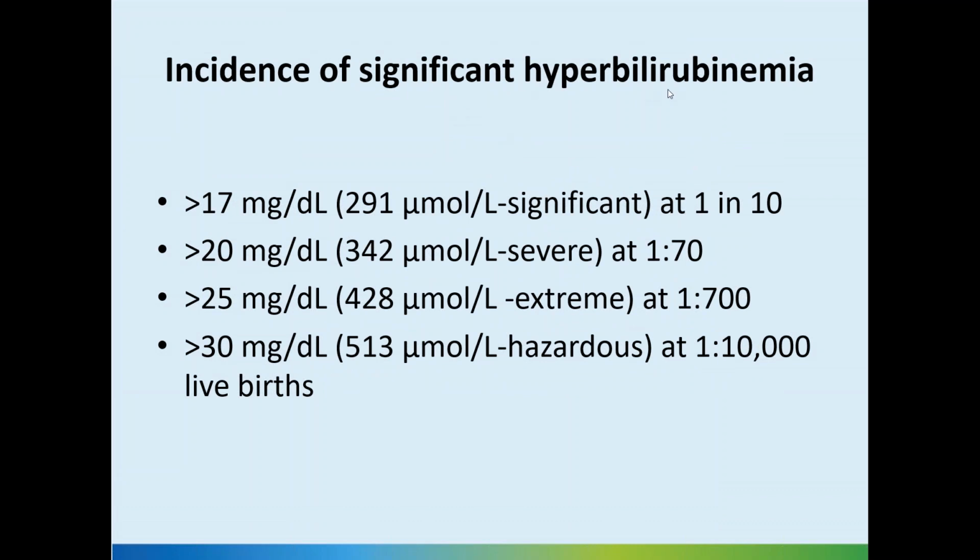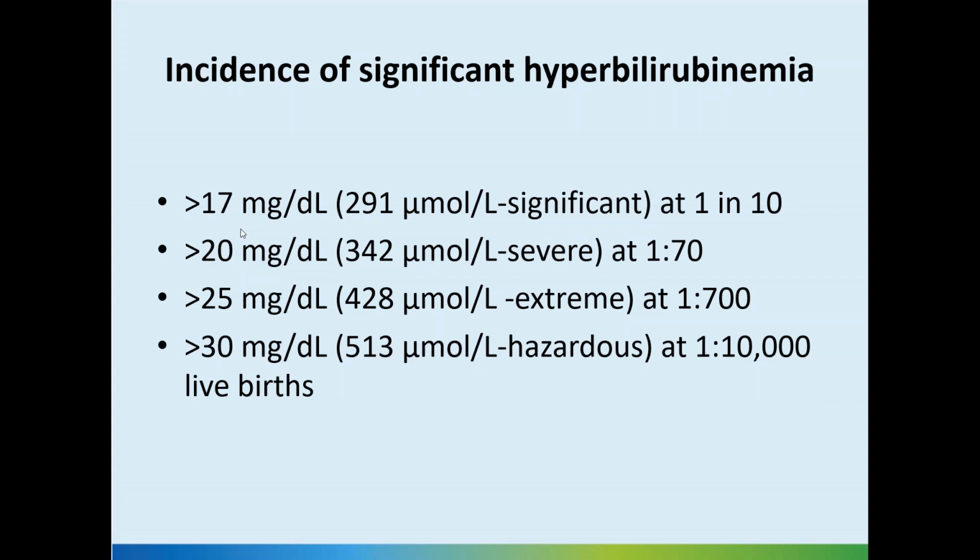So what is the incidence of significant hyperbilirubinemia? When we say hyperbilirubinemia, any increase above normal is taken as hyperbilirubinemia, and we are more worried about a level that has been shown to cause brain injury in babies. Obviously, it can happen at any level, especially if it is hemolytic jaundice, where there is a sudden burst of free bilirubin in the bloodstream, or if there is a condition like birth asphyxia or sepsis which can damage the blood-brain barrier. But in general terms, in term babies, we can expect more than 25 milligrams as a level above which the risk of brain injury increases.